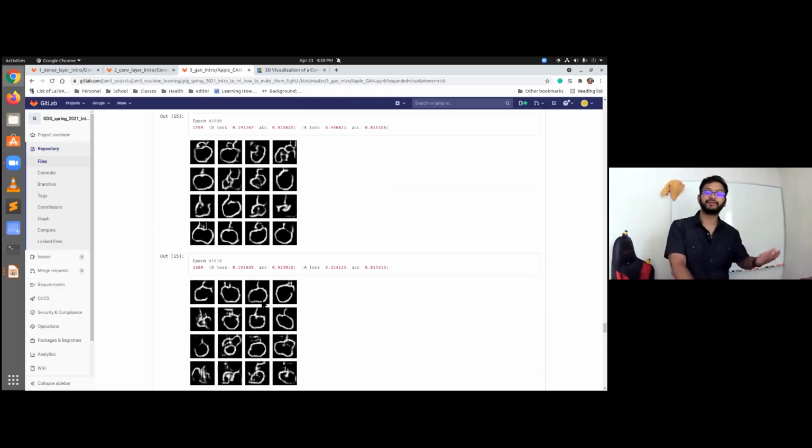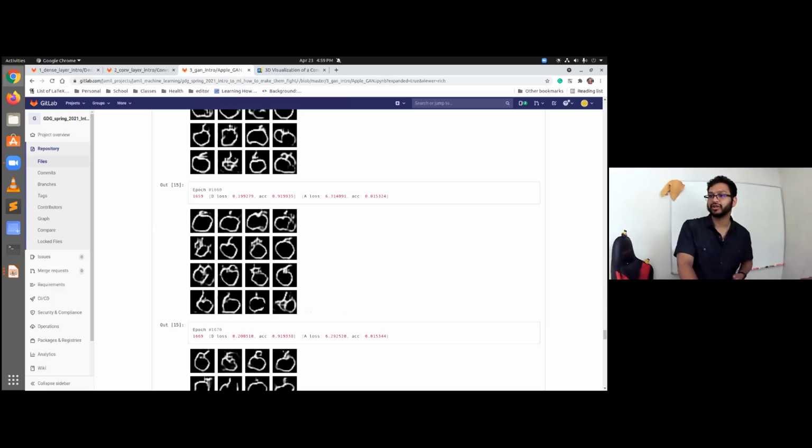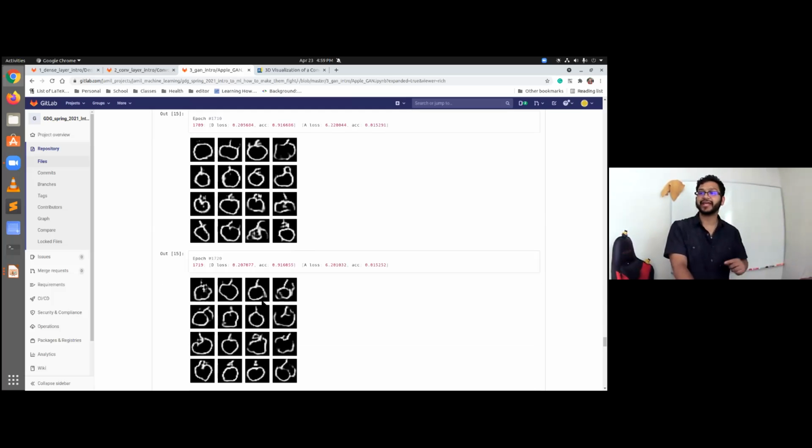Now this took me about 15 minutes to run. Imagine if you had two GPUs. Imagine that the problem was not an apple. What happens if we were trying to actually generate an image of a dollar bill? This is a whole new research area where you can generate deep fakes, where you can generate images of things that don't exist. If you're interested in deep fakes, feel free to email me and I can talk to you more about that.